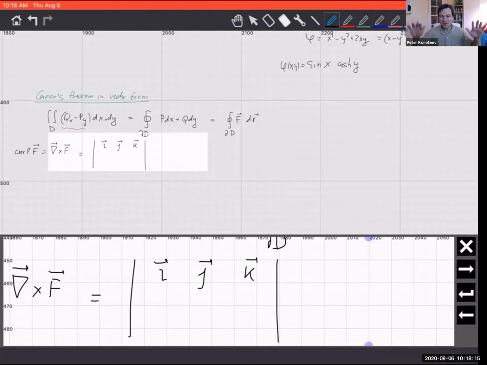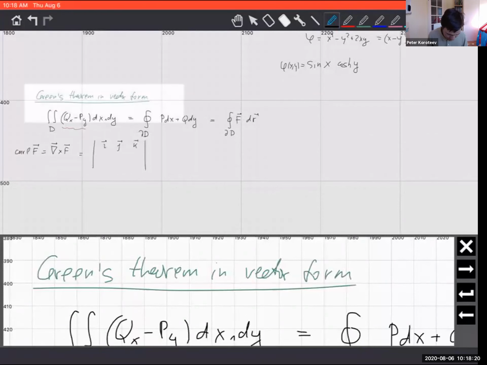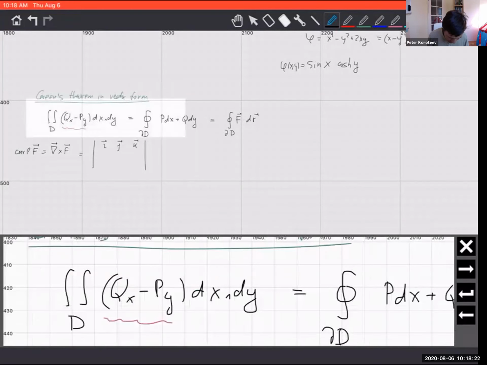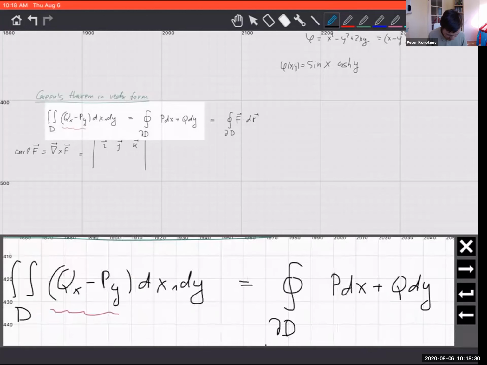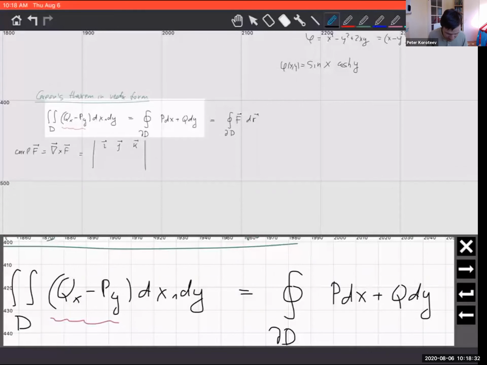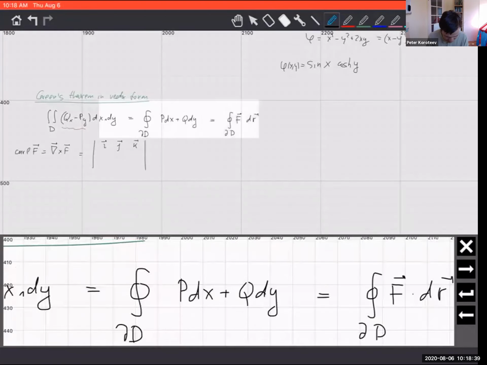So hello everyone. Today we'll talk about Green's theorem in a vector form. We have formulated Green's theorem in this way before. It's an integral over the set D of the partial derivative of q over x minus the partial derivative of p over y, dx dy, and that's equal to the line integral over a closed path, which is the boundary of the set D, of p dx plus q dy,